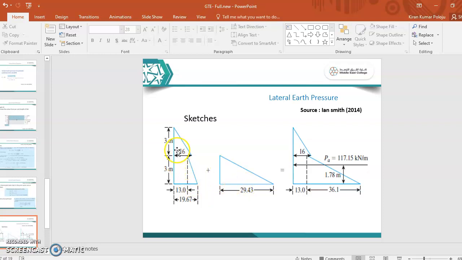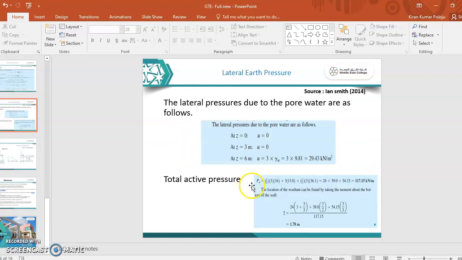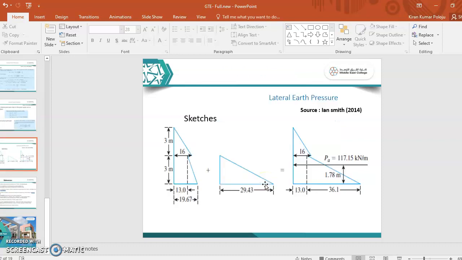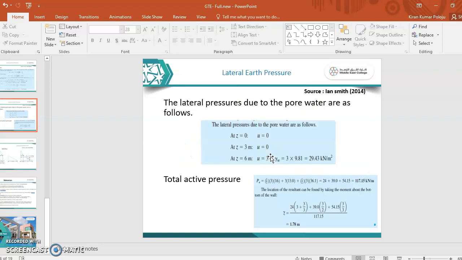So how many sections do you have? 1, 2, 3, 4, isn't it? So one rectangle and 3 triangles. Similarly, just look here. What is the area? How to calculate? If you see the sections, triangles and the rectangle. So let us consider this the first section, second, third and fourth. For the first section, let us say it's the area of a triangle. What is the formula to calculate the area of a triangle? Half into b into h.